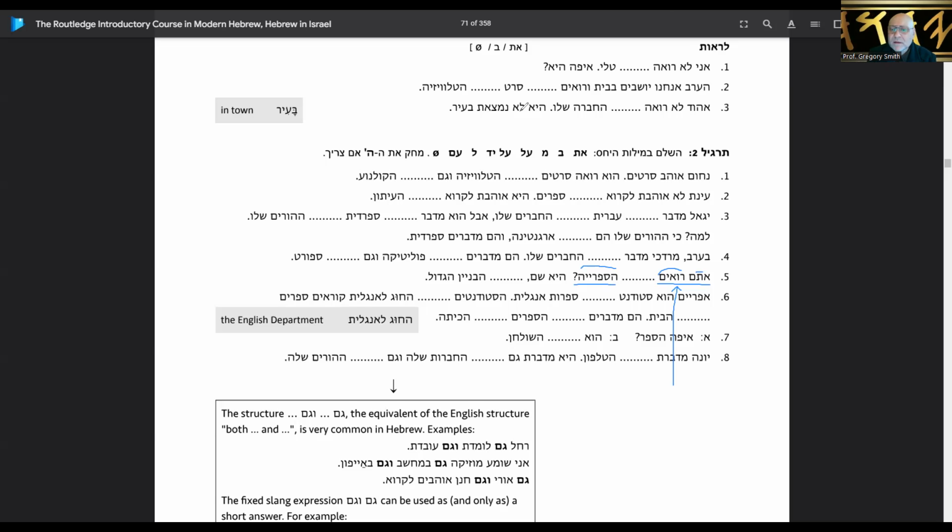אתם רואים הספרייה. Okay, I wonder if there is an et here. Because it's specific. Atem ro'im et hasifria, do you all see the library? So this is not just watching, it depends on the context. So ro'im in this context means see, literally seeing it. Okay, and then there should be an et here. Boy, my pencil is not behaving itself, is it? Okay, so do you all see the library?